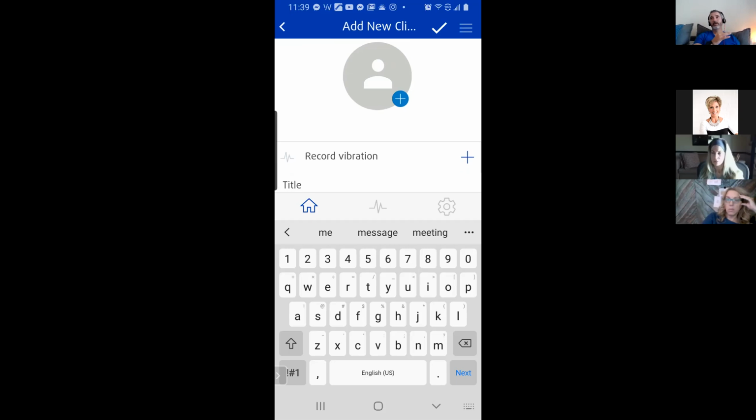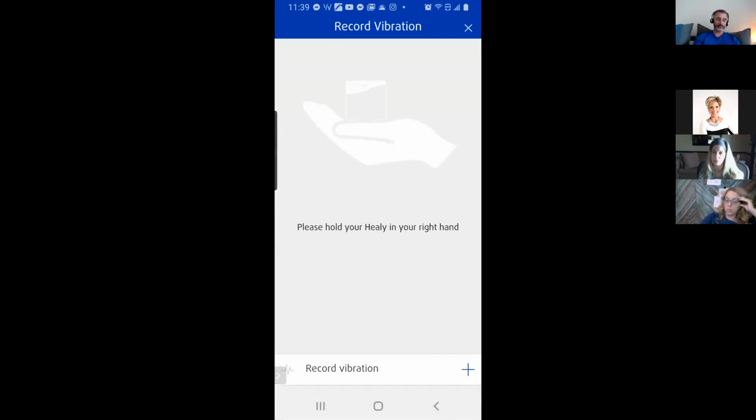Now I have 13 years of experience doing this because I muscle test people by distance on myself for hours at a time, and it's super accurate. So the clarity of my intention of doing it accurately is a muscle that I've developed. Does that make sense? If the person was with me, obviously I would have them hold the Healy in their dominant hand when I hit the record vibration, right? But if I do it just for myself,